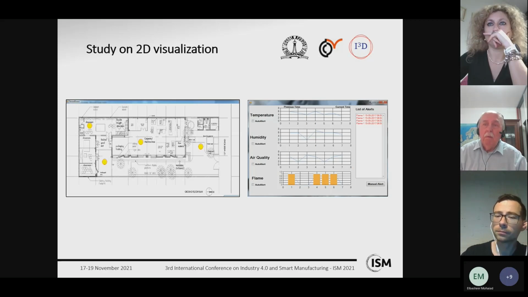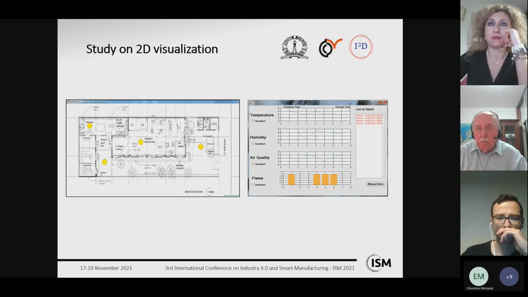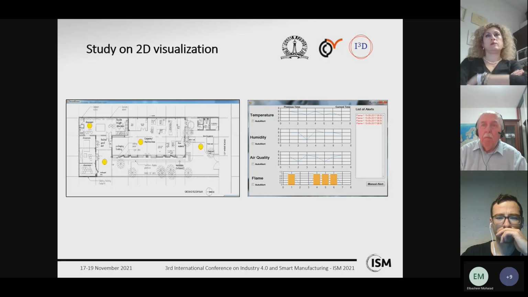What it does is help to explore the spatial as well as temporal aspects of the sensor data in a single screen. But the disadvantage is that if the sensors or the IoTs increase, then the same problem will arise. But at least it has the spatial and temporal information together.